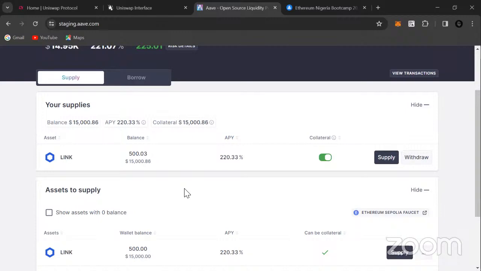So my question is concerning this activity that we are doing. To start up something like this, how much does one need in naira? Because I'm seeing dollars. So how much does one need in naira, let's say, to start up all these kinds of things, put your get link, supply it, things like that. So I want to know.